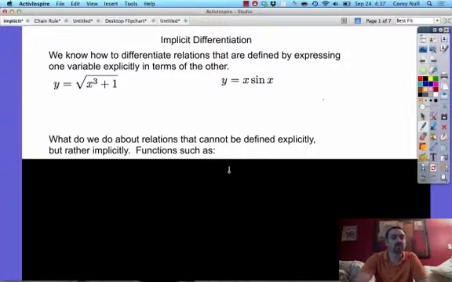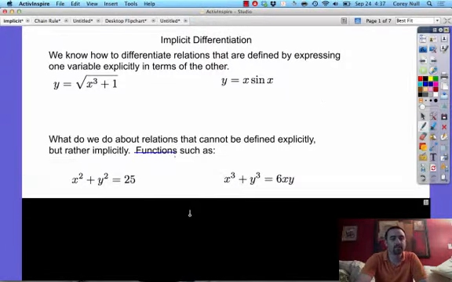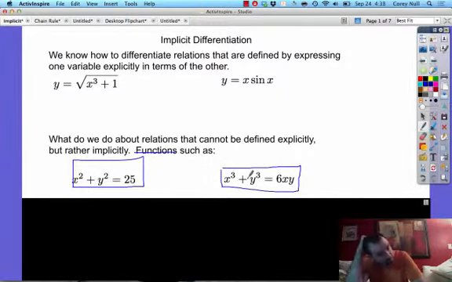Here are some relations, such as this one, which is a circle. This is some kind of third degree object. But notice that there's no way here to solve explicitly for y. Same thing here. I have a y cubed and a y. It's going to be very difficult to get all the y's on the left-hand side and solve explicitly. This one I could solve for y, but then I'd be forced to take a square root,